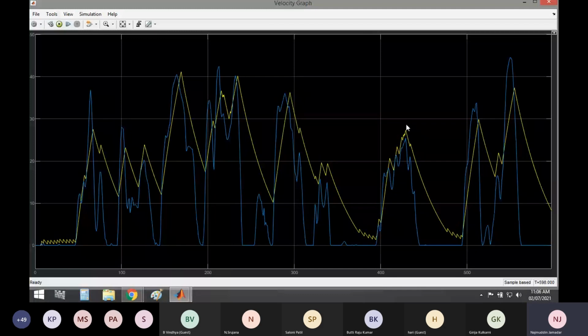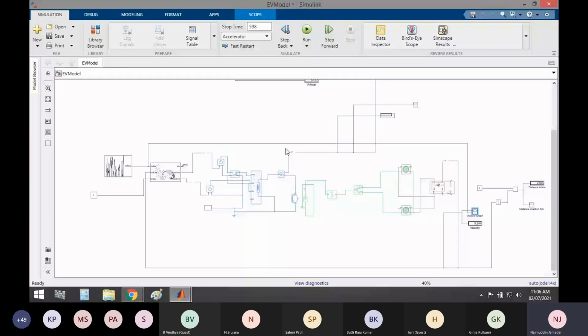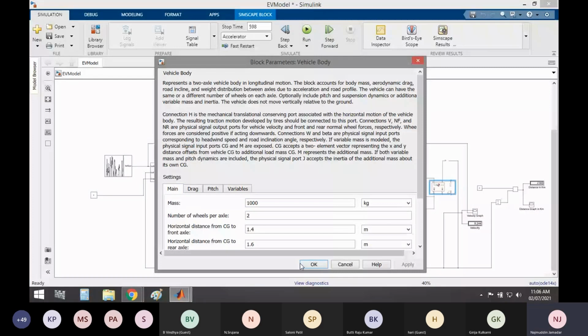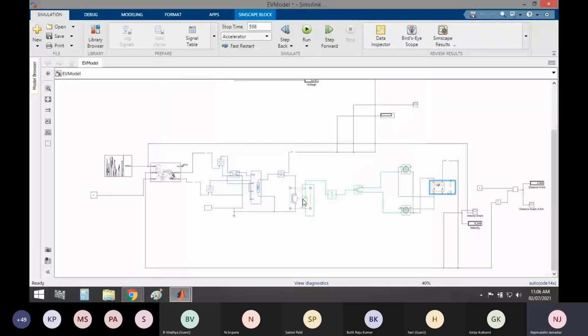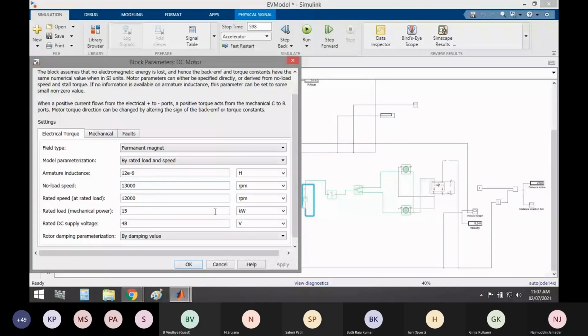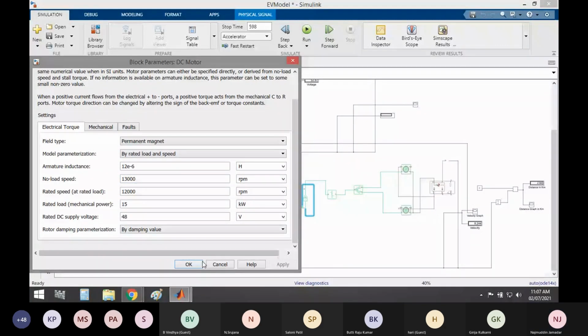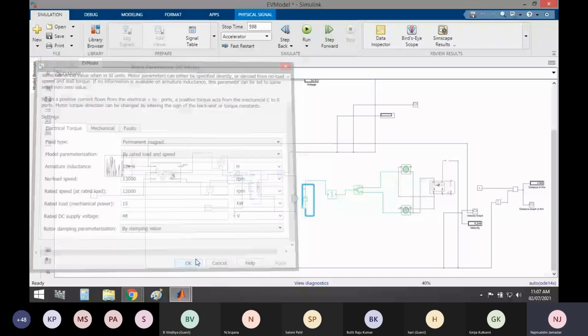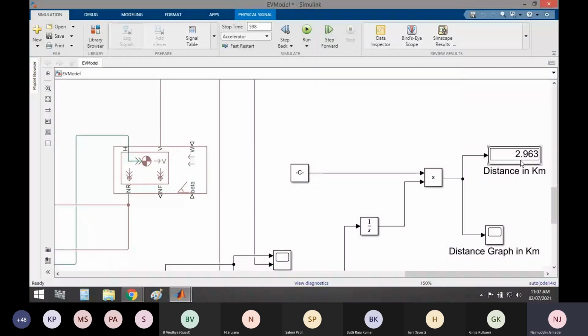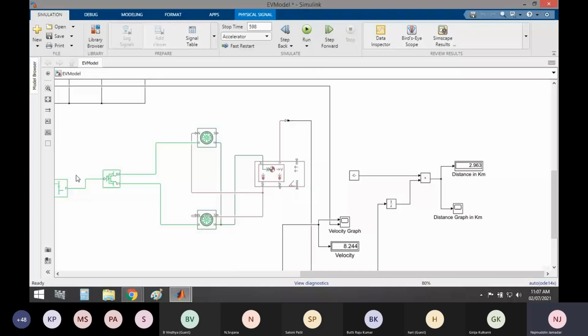So likewise, you can select some different parameters for the vehicle. Here you can see the travel distance in kilometers. 2.96 kilometers distance is traveled by the vehicle.